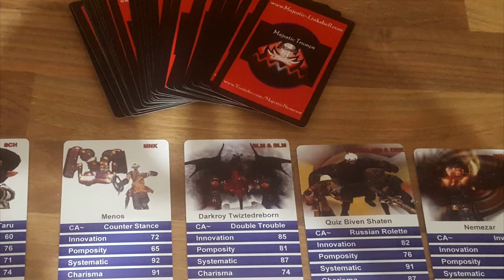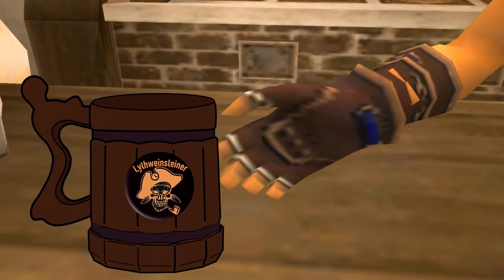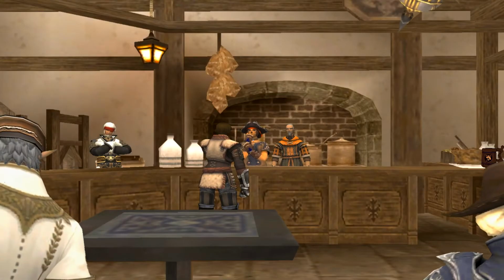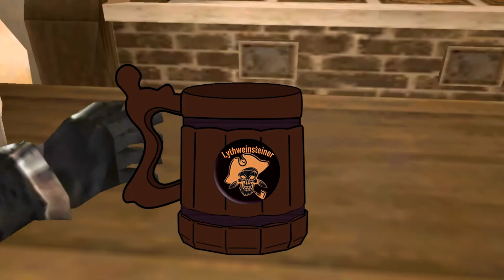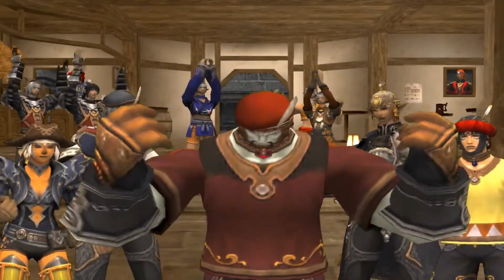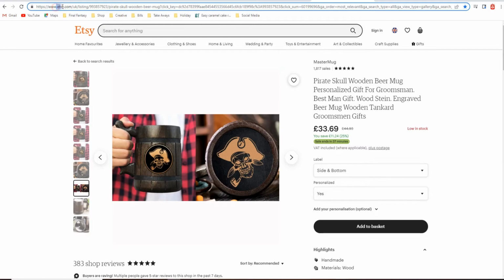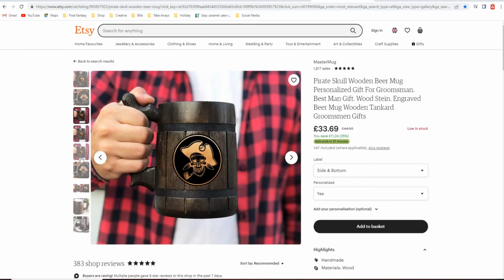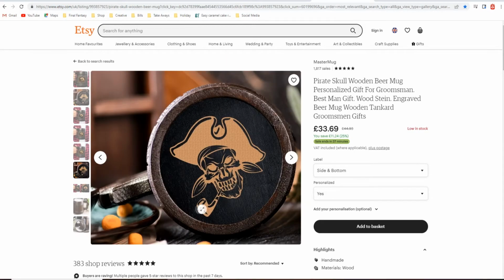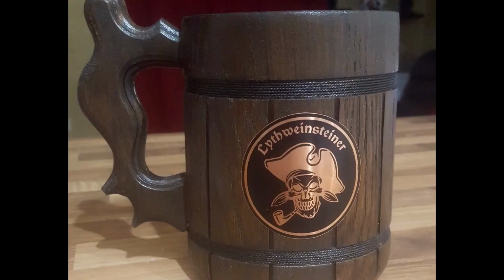I have made trump cards before and will be producing these in the same way through a website called Make Playing Cards. I also plan to have a beer mug to go with the iconic song within the movie, Liechtensteiner. During the initial planning stage, I came across a custom designer, Master Mug, on Etsy. With this you can imprint a word or phrase of your choice. I asked Rosalie to draw this for me and for this to be used within the movie, before buying my own model, which now looks identical.